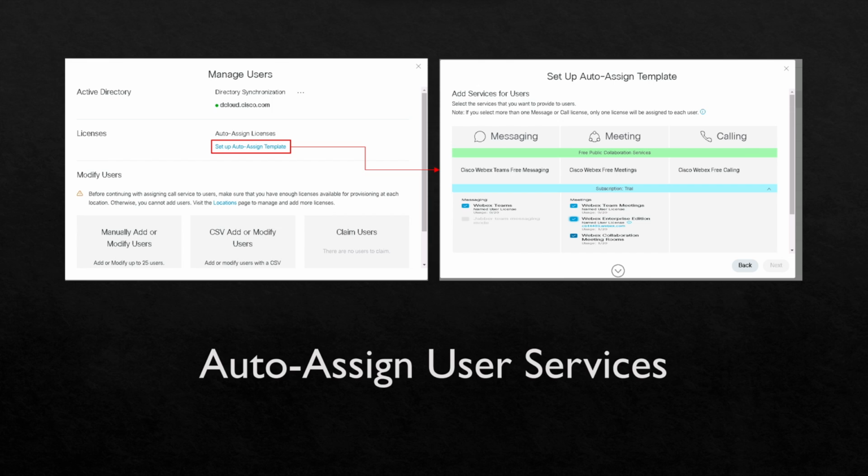Meetings includes all meeting capabilities through the Webex solution. The options available here may depend on what services a company is subscribed to. There are three possibilities available. You have Webex Teams meetings. These are meetings hosted by personal Webex Teams accounts. You have Webex Enterprise Edition. These are Webex Meeting Center